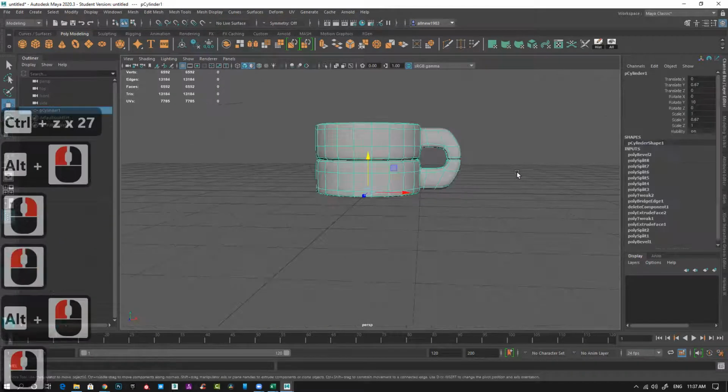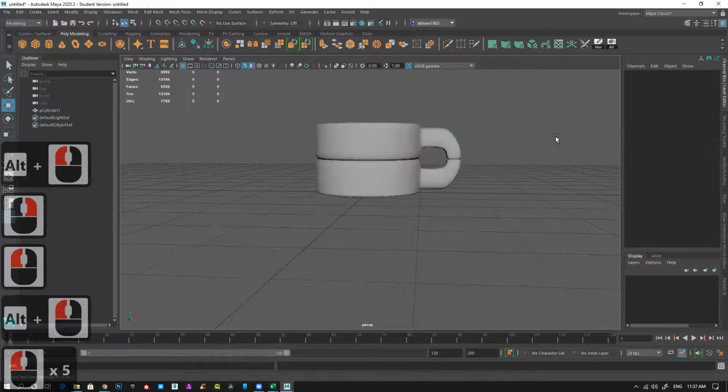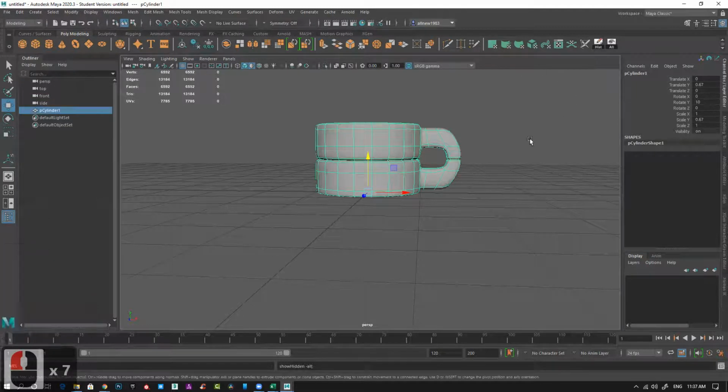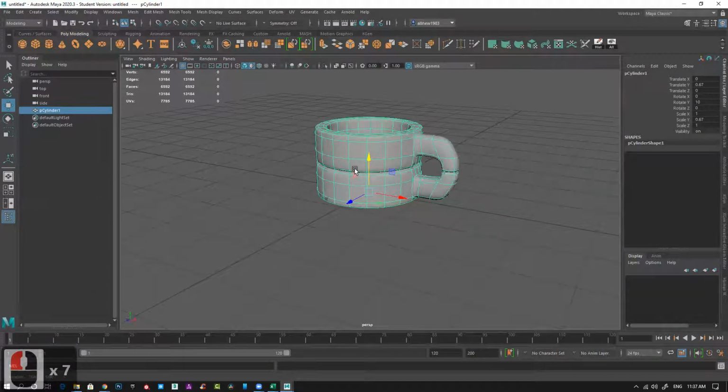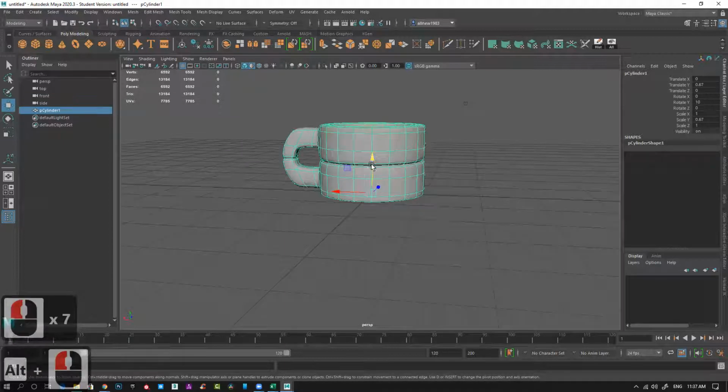Something very simple. Cup. And Maya is really powerful and it gives you really nice renders within no time.